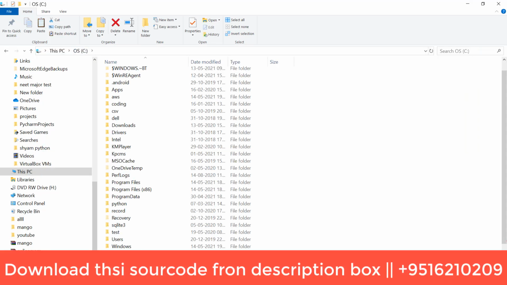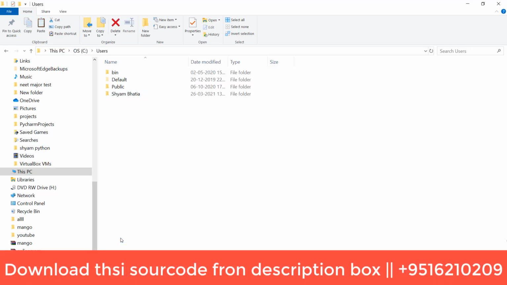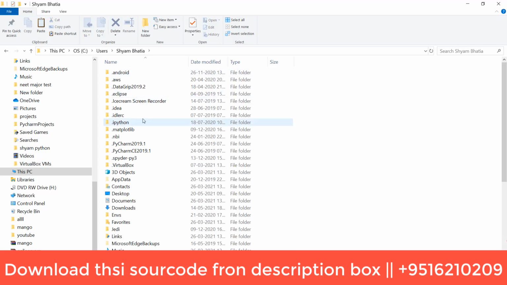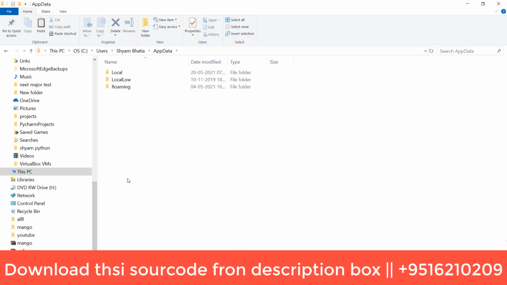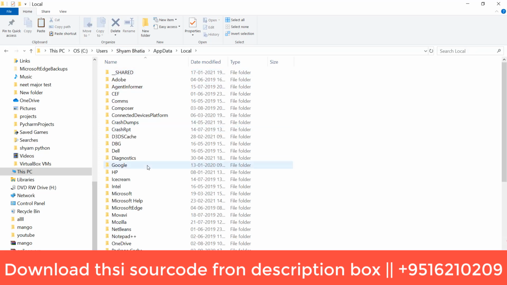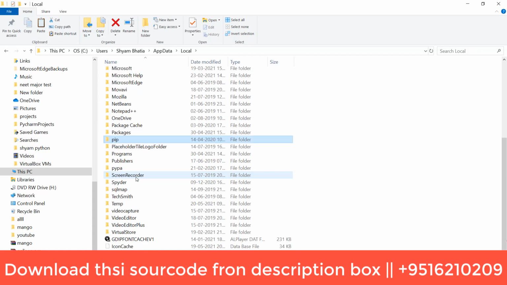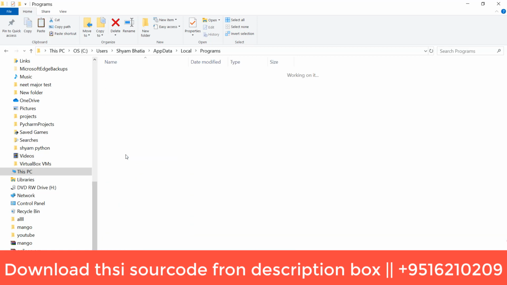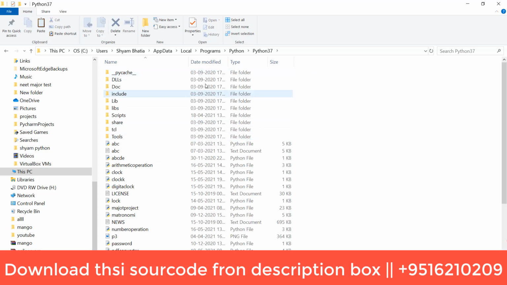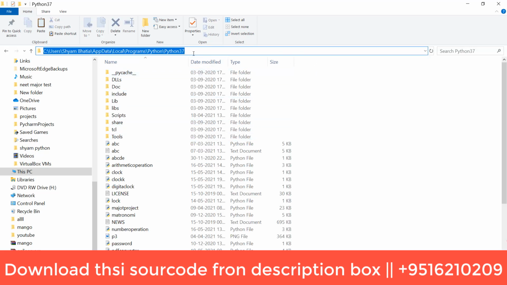So see, go to the user Shyam Bhatia and AppData. By default AppData is invisible, so you have to search AppData here. And inside the AppData, Local, and go to Programs, and go to Python, and inside Python you have to copy that path. Copy, Control C,